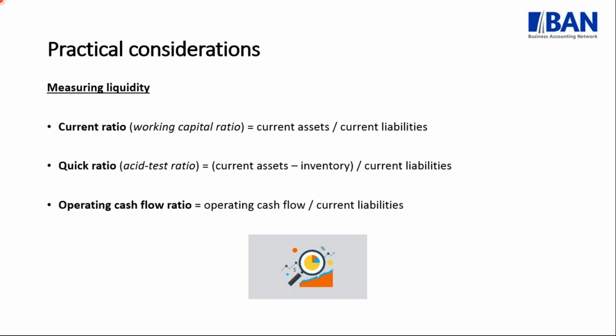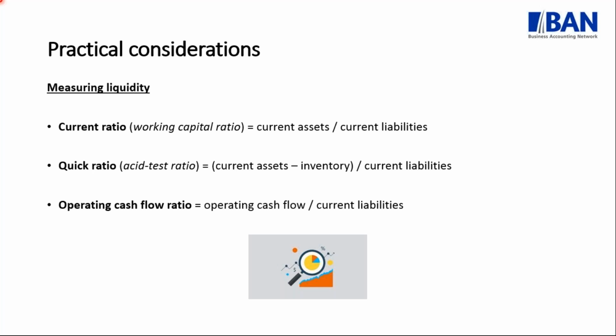What I just want to emphasize is when it comes to liquidity and solvency and measuring these indicators from a ratio analysis point of view, it's important not to look at your ratios in isolation. You need to look at your whole business. You need to put it into context. You also need to consider which industry you're trading in and what type of business you have. So there are many factors that need to be brought together when making an assessment or interpreting the results of your liquidity and solvency calculations.